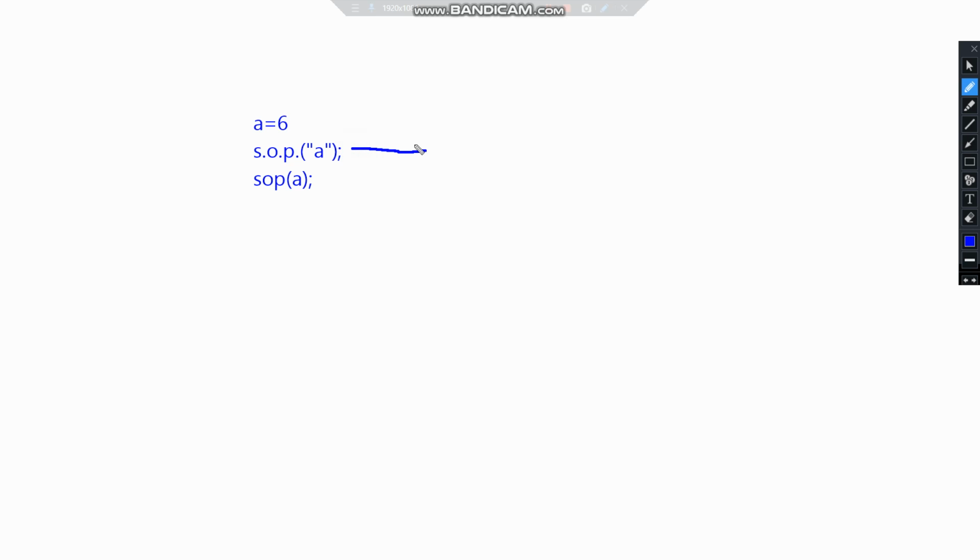For the first function, this will print simple A. The second will not print A, it will print the value present in our variable A, that is 6. We can represent this as a memory block labeled A, and 6 is stored inside it. So when we call this first function,